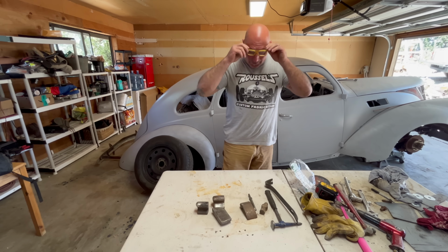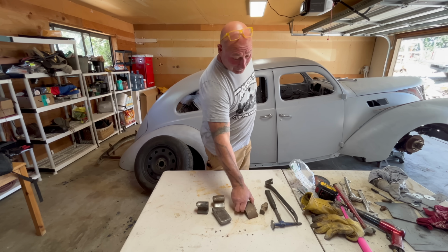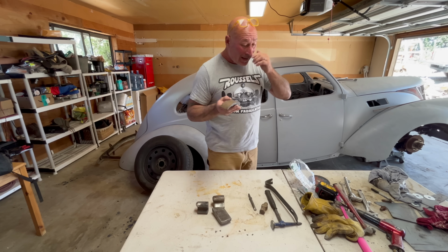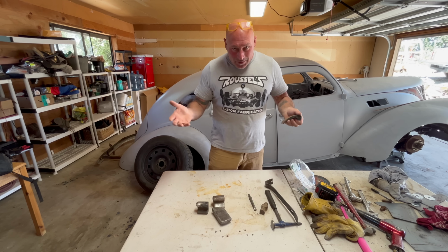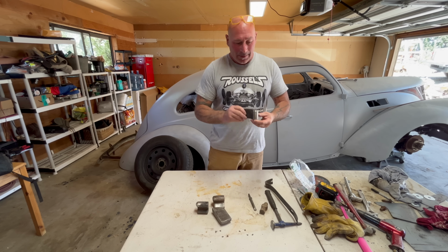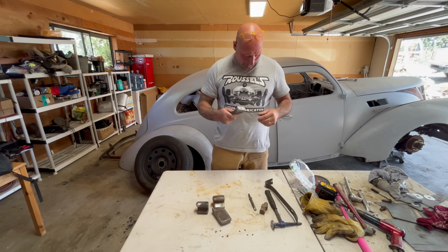If you know body work, you know these tools. If you don't know body work, these are the tools. These are different dollies. We've used them. We've been doing this YouTube for a while, so you probably saw this, but the metal is going to take the shape of whatever you're hitting it with and how you treat it. So you got these dollies with all these different details. This one looks like a comma, kind of like...